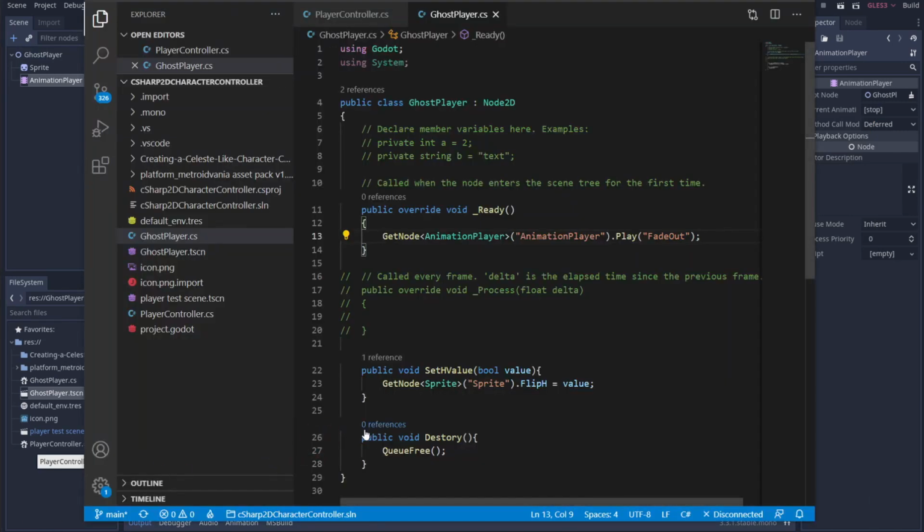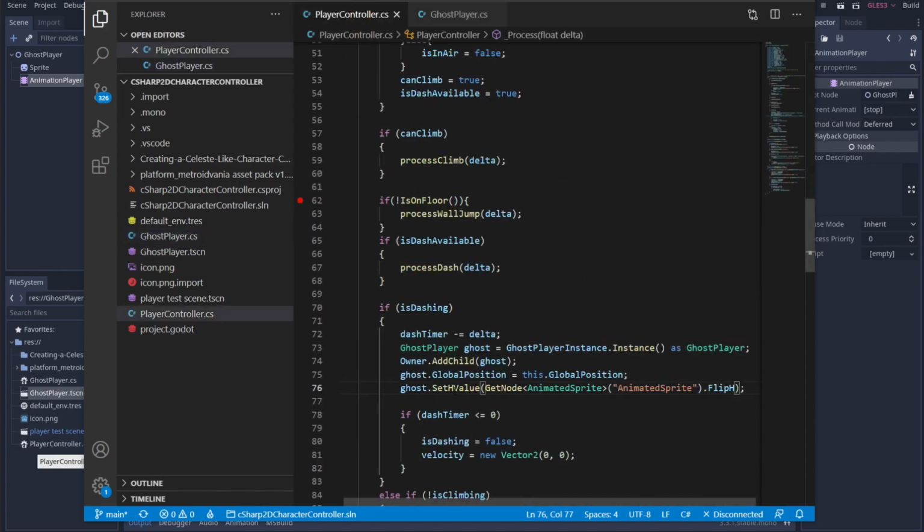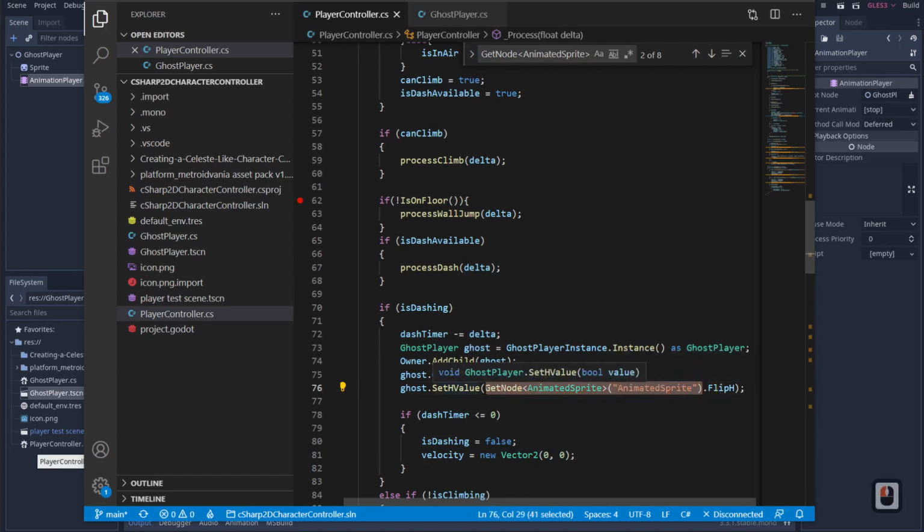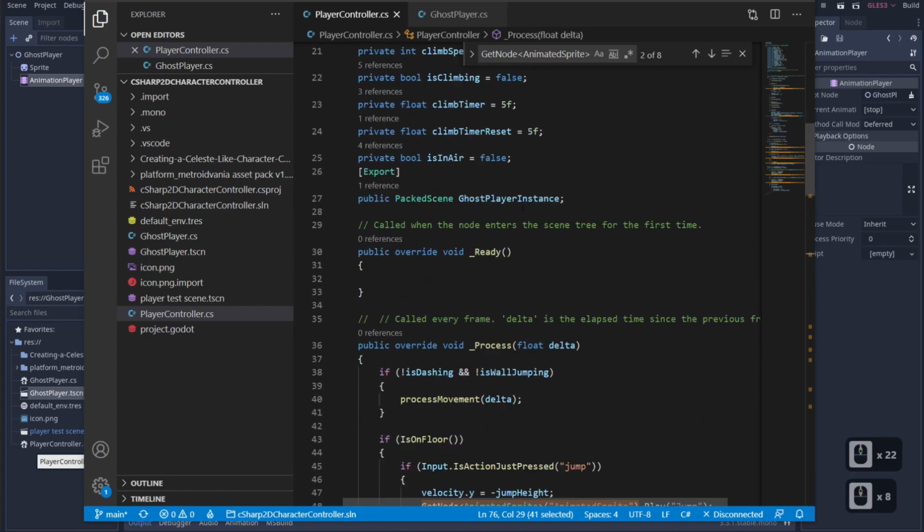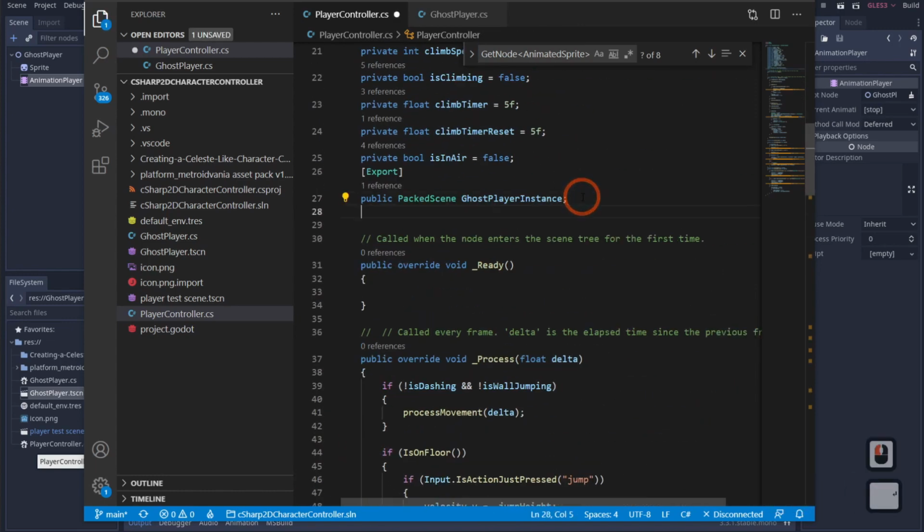I'm not going to lie, this player controller is just plain awful when it comes to its GetNodes. You can see all these GetNode AnimatedSprites here. That's just awful. If I hit Control F and I try to find them, there's 8 of them. And we don't need to have 8 animated sprites here. So let's go ahead and copy this. Scroll up here and say, hey,